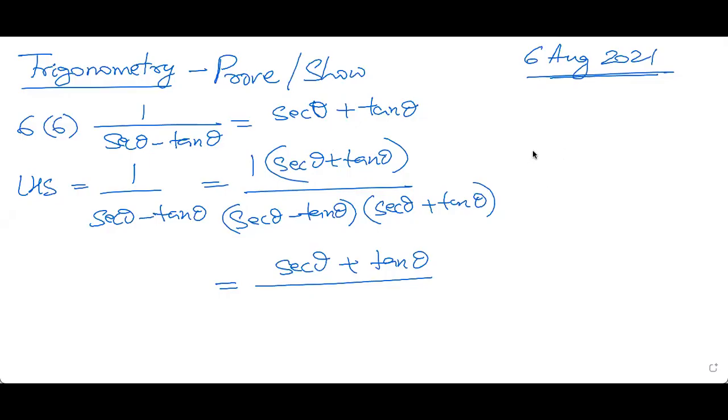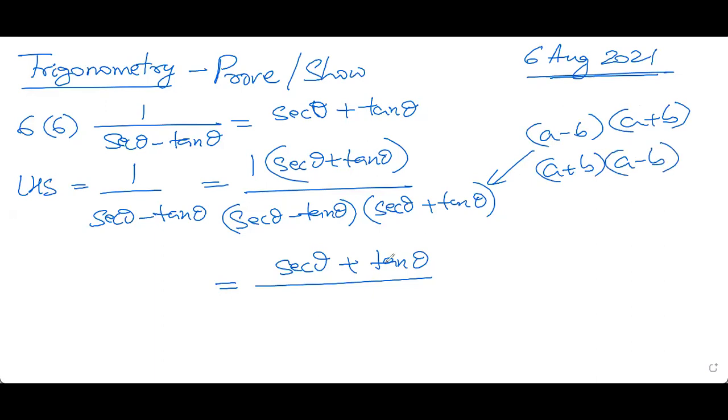I reminded you yesterday that this is like a minus b, a plus b. We can also say that this is a plus b into a minus b, where we said this is nothing but a square minus b square. This is one of the algebraic identities that we have studied in class 6, 7, 8. So sec theta minus tan theta multiplied by sec theta plus tan theta, using this identity, can be written as